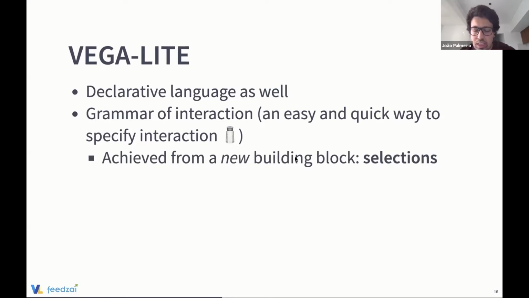But take it with a pinch of salt, because I'm saying that it's easier, it's super high level, it's super easy to use and whatsoever. But if you need to do a couple of things that are more complex, and that are not just, let me highlight this bar versus the rest of the others, let me highlight this area versus the rest of the other areas. If you want to program really complex interactions, depending on a lot of heuristics or variables and whatsoever, it will be tougher. So I'm saying this, but please take it with a pinch of salt.